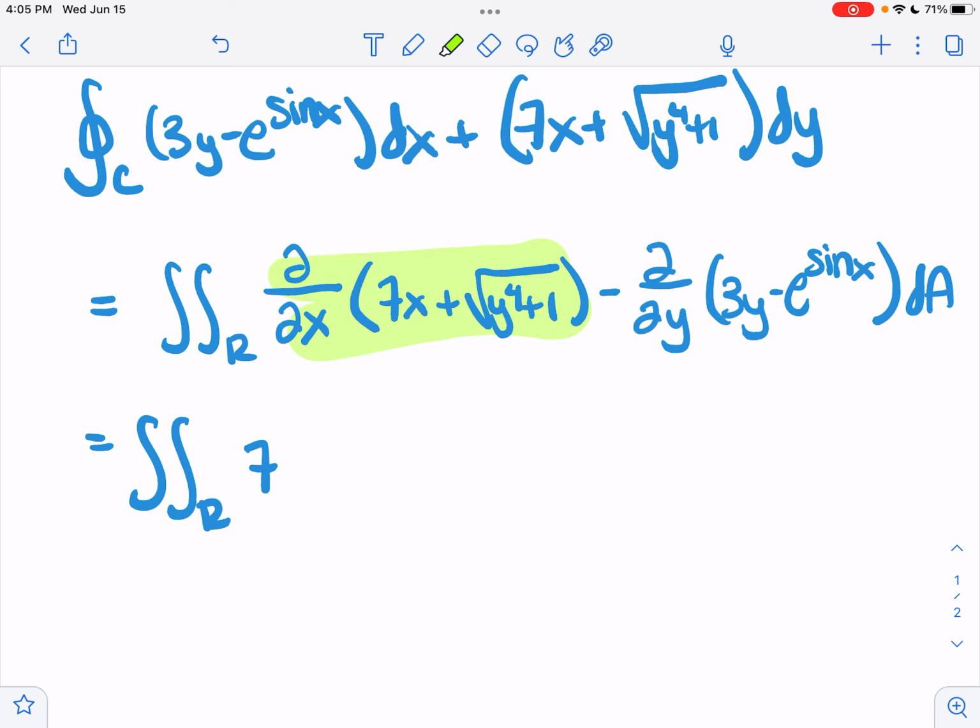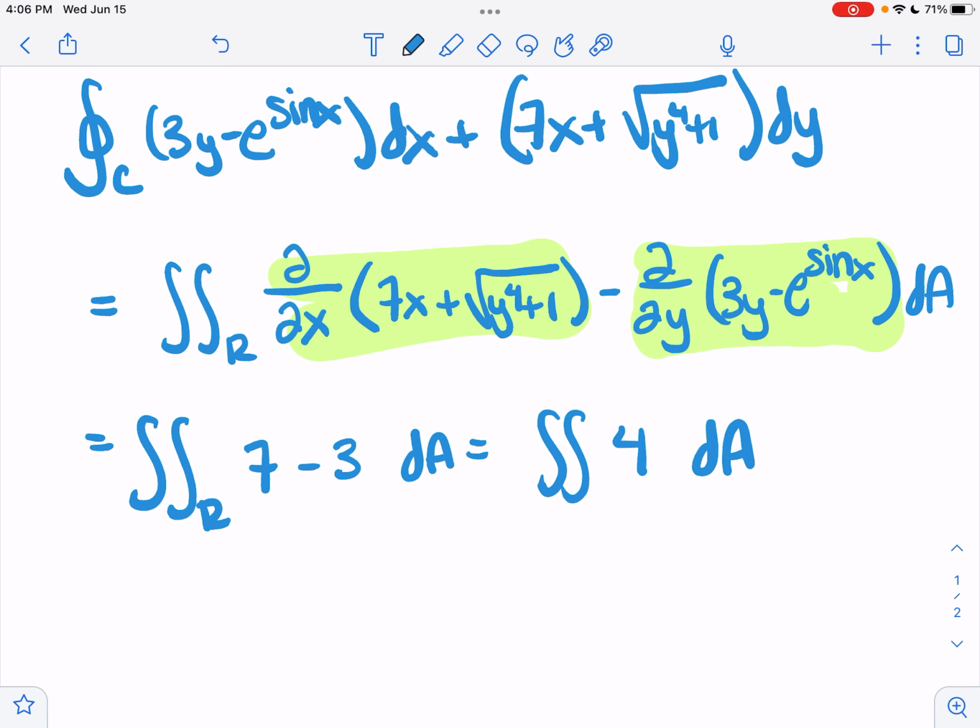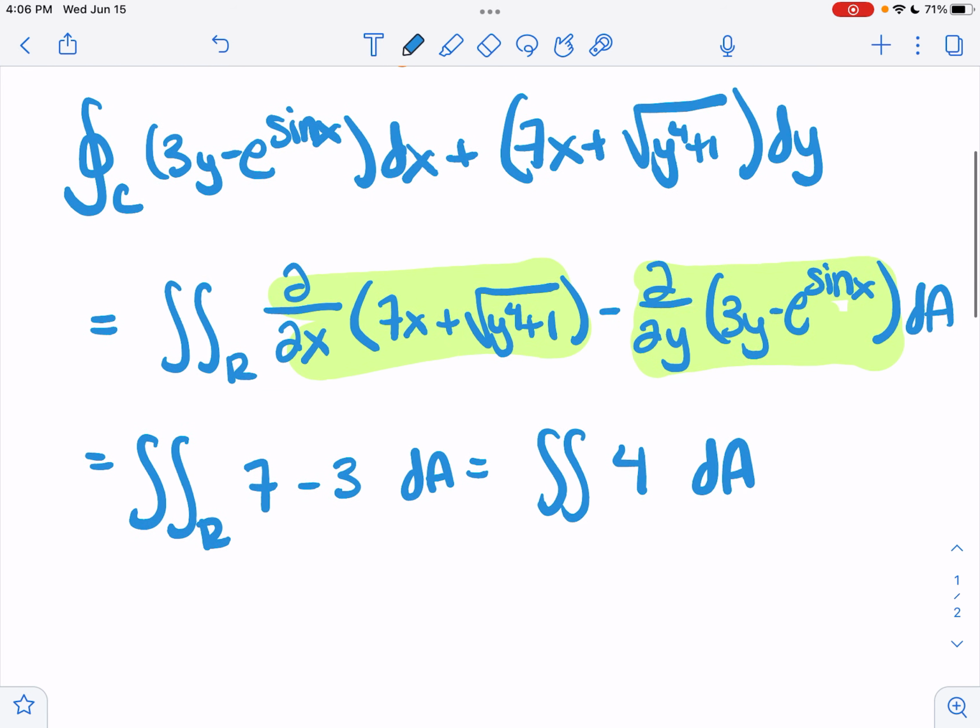derivatives are simplified. The function is simplified tremendously through these derivatives. The derivative of square root of y to the fourth plus 1 with respect to x is just 0. So a lot of the terms in this mess go away. The derivative of e to the sine x with respect to y is 0. So the derivative of 3y with respect to y is just 3. We end up with the double integral of 4, a constant. So the really horrible function that it looked like we were starting with turned into a really nice and easy